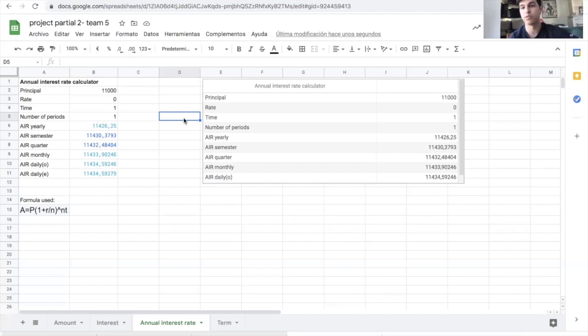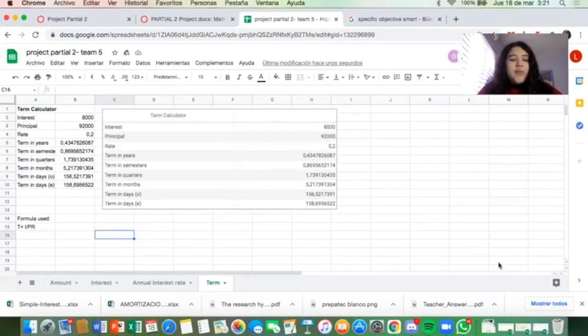We will now go to present the term calculator. Hi. So as we saw, we've been explaining how the other parts of this calculator work. This time, it's the term calculator. As we can see, we have the value of the interest, the principal, and the rate, which are the values that we're going to need previous to the operation